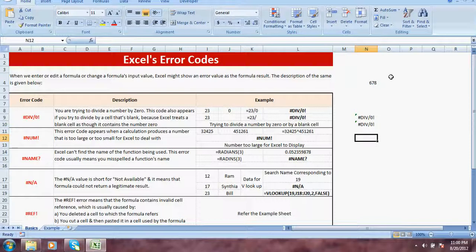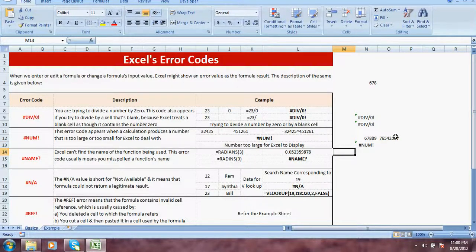Let's assume we have this number and another number like this, and over here we put a formula, that is this raised to the power of this number. Excel will give a #NUM! error because the number is too large for Excel to display.